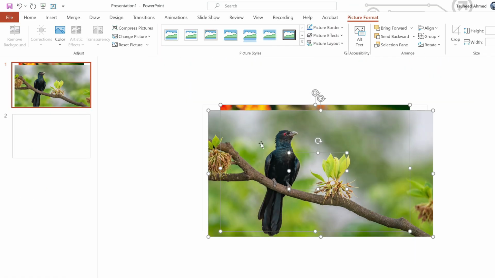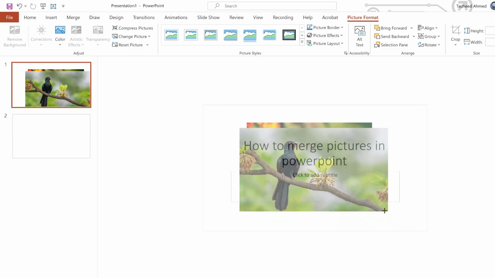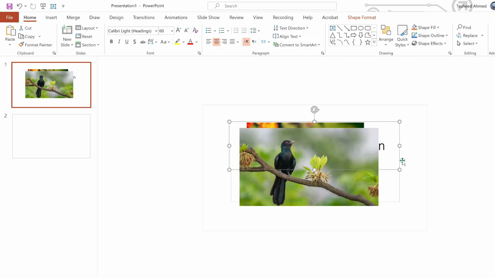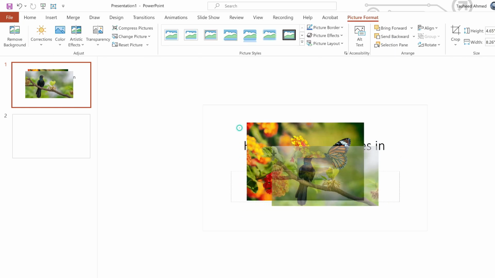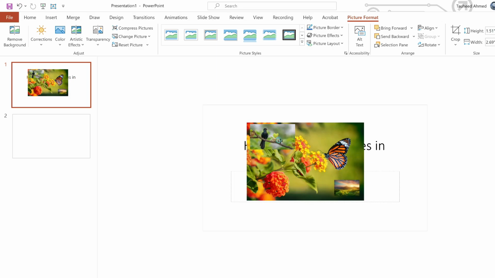You can see that the pictures are overlapping. So you can drag them and resize by dragging the corners. Resize the picture. Once you are happy with the placement, what you have to do is